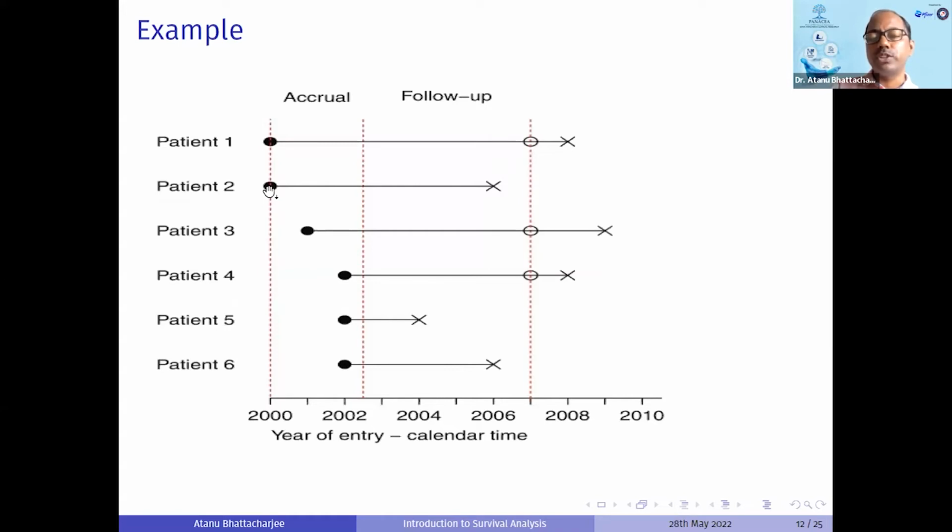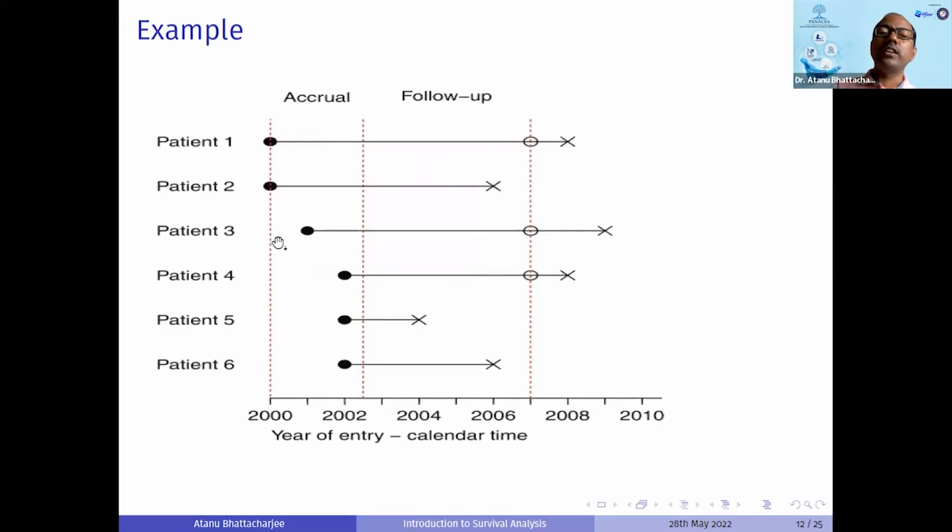No, we started with this patient 2, and here the person died. So obviously that death status will be documented as a 1 here, but here the death status of the person will be considered as a 0. Similarly,